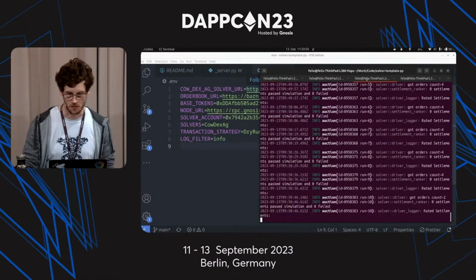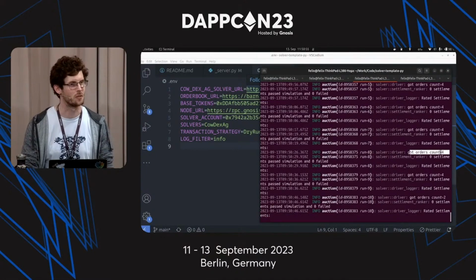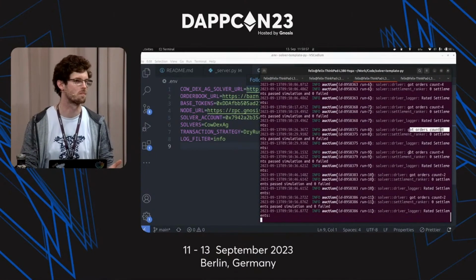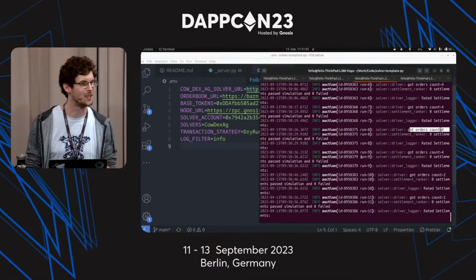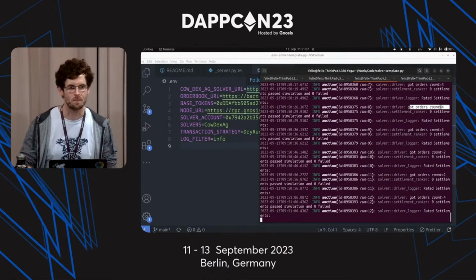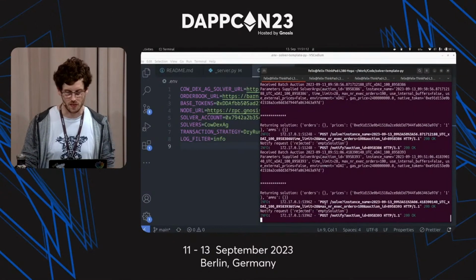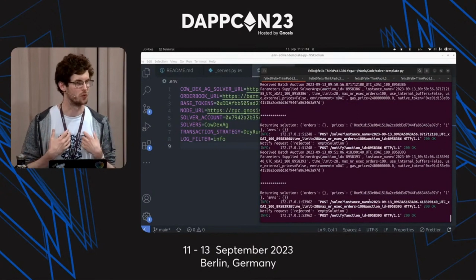we can look at the order book. The order book on this dev environment on Gnosis chain only contains 4 orders, and none of them can be matched in a cow. And if they could, probably some of the actual solvers in production would match it, so it wouldn't be there for long. But okay, what you see here is that at least our solver receives